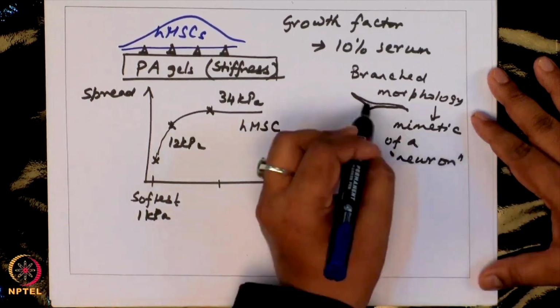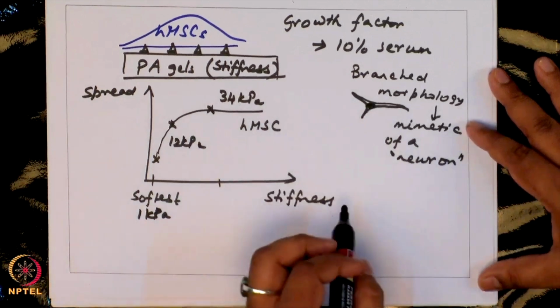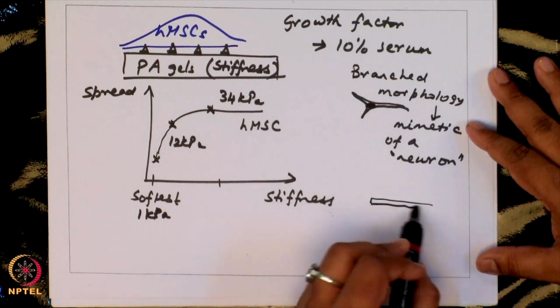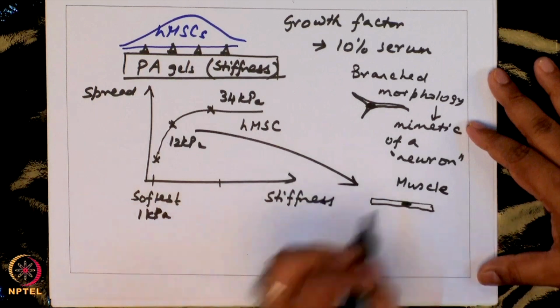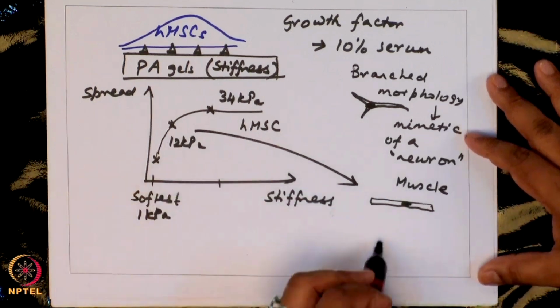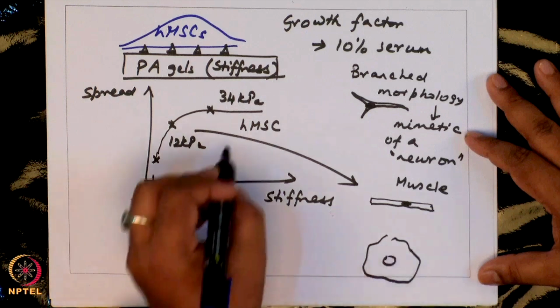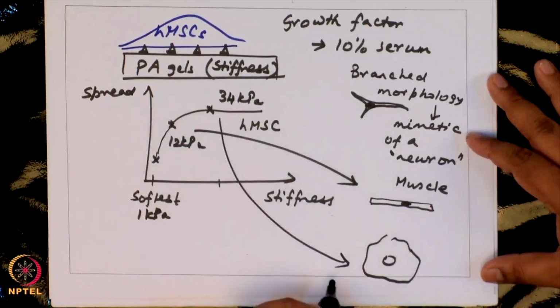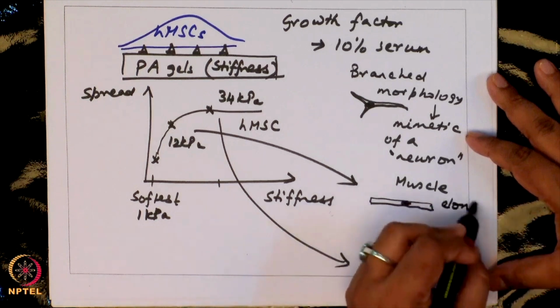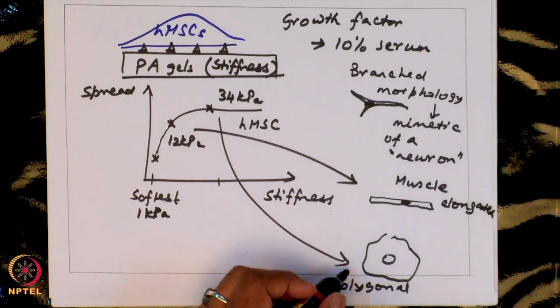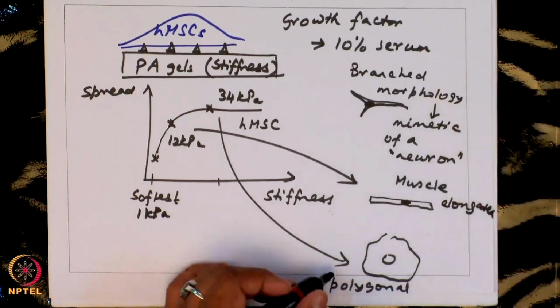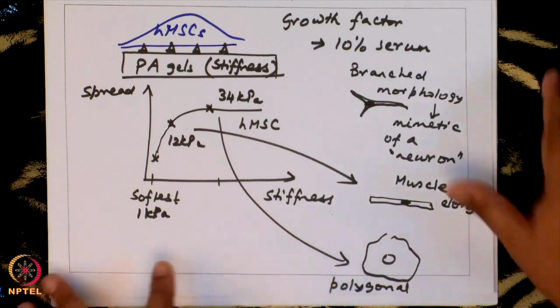Okay. So, this is your nucleus. On the intermediate surface, okay, the cells looked more like that of muscle. Okay, on 12 kPa, the cells looked more like this, and on 34 kPa, cells looked more polygonal. Okay. This was elongated morphology on muscle-like environments and polygonal on the stiff environments. Okay. And similarly, they observed a similar shape on glass. Okay. So, they then did some detailed morphological correlation.